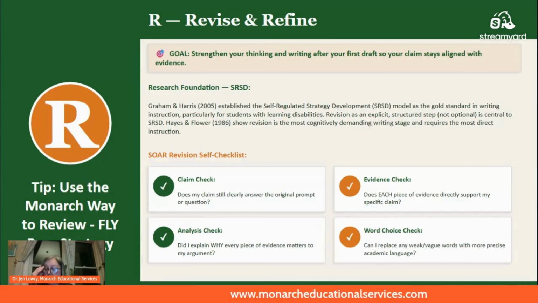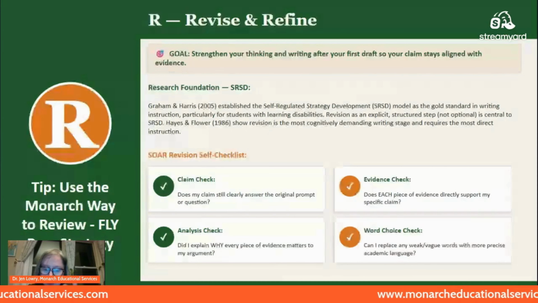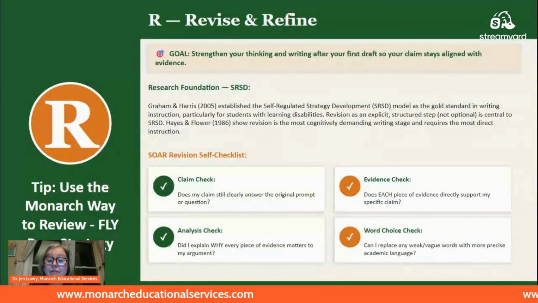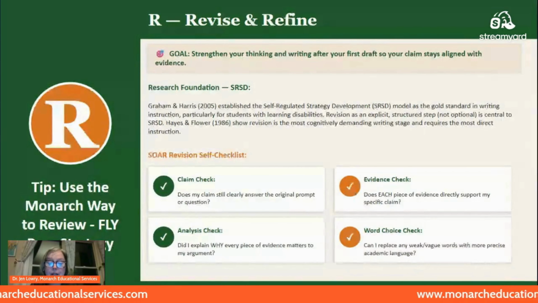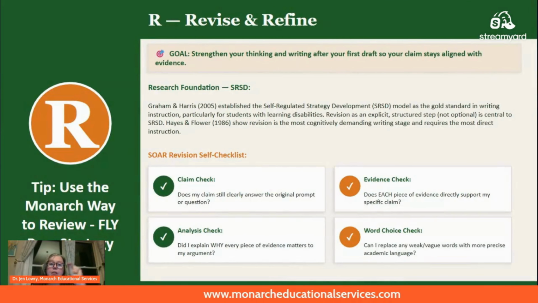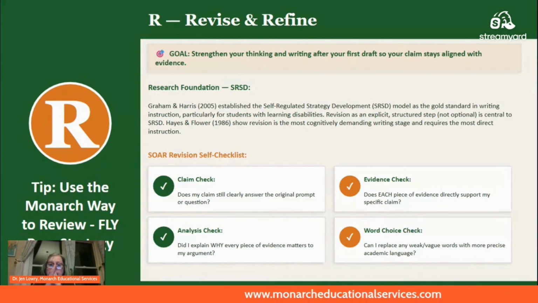But you can modify these words, because sometimes students in their own way, and maybe it's, can I say this better? Instead of, can I say this more precisely? Can I use more precise words? Can I say this better? Or can I advance my ideas? Or can a peer help me refine my why, which is the analysis check? And that reminds them that they need to go and do a Fly routine. Maybe it's, am I showcasing the best evidence? Or does my evidence match my answer? And so you can make these questions, modify them with basic language if you need to.